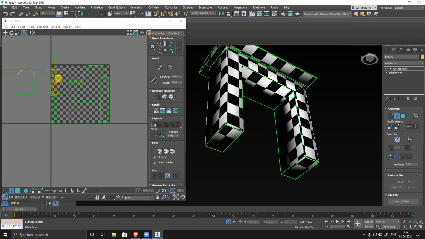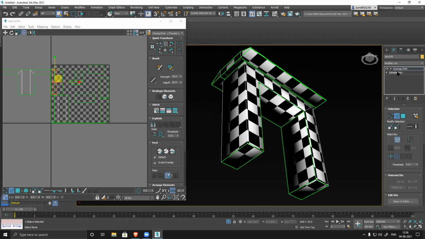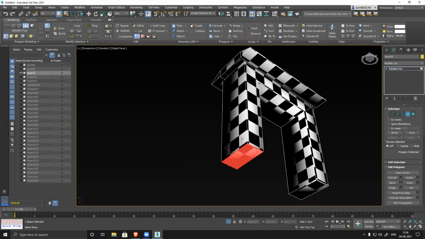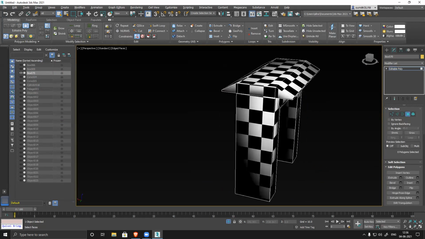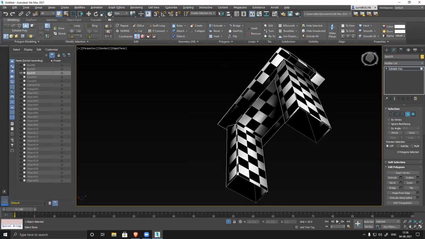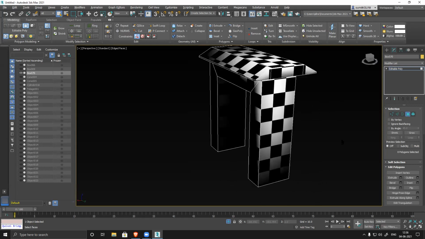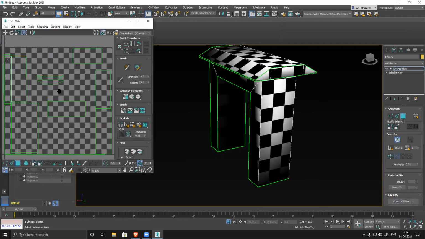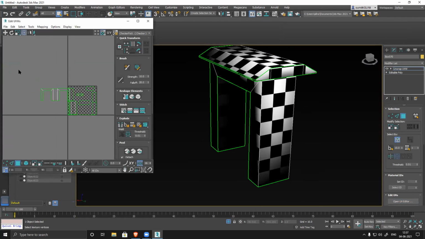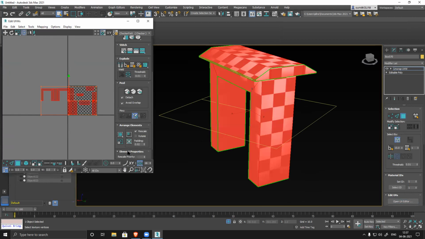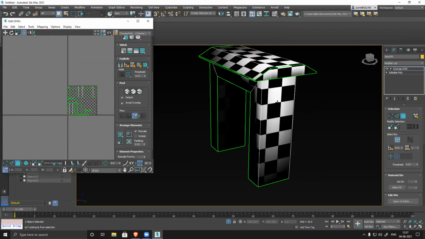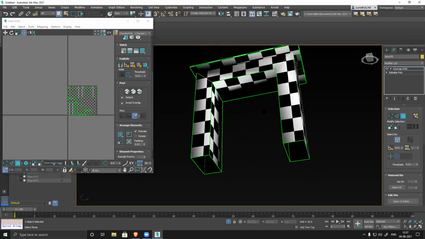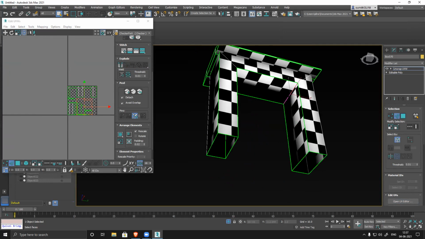Then these things are not required. Anything which is not visible, make sure to delete those sections. This is not required. So like this, create and then go to UV. Again, check it. Let's see, select the entire thing and just quickly pack it. And these three parts I can stitch together.